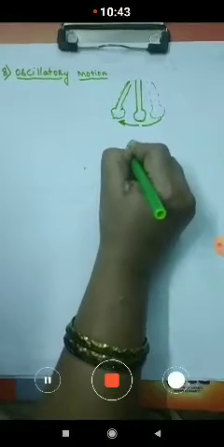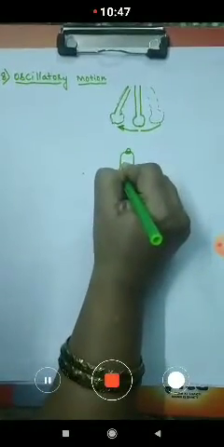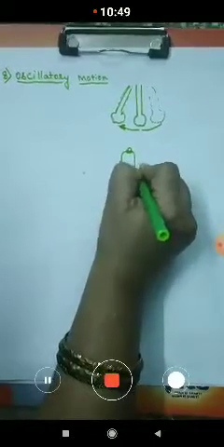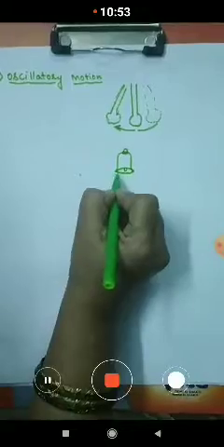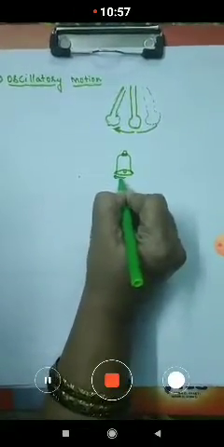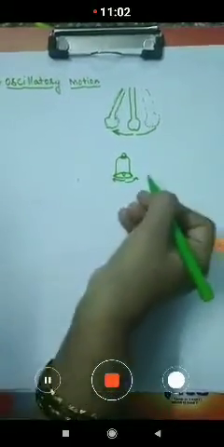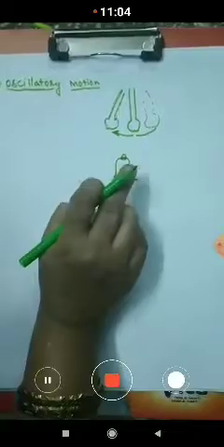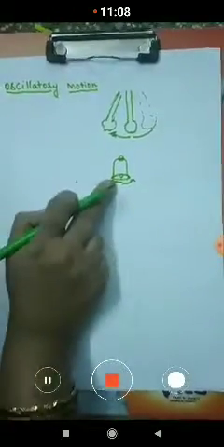When you go to the temple, children, I think everyone has seen the bell. So in the bell you can observe, when you strike the bell, what happens? It just strikes like this. It moves to and fro again. So the ringing of the bell in the temple is also an example of oscillatory motion.